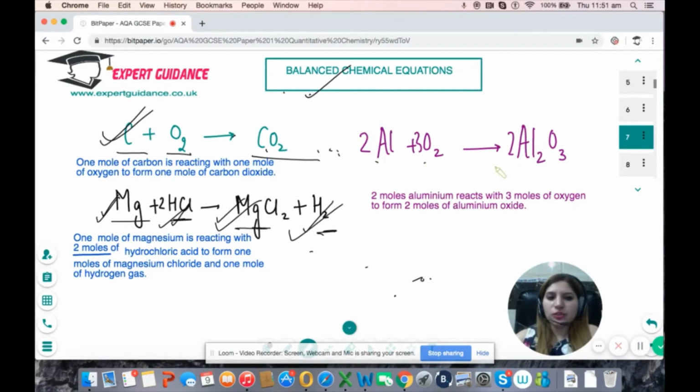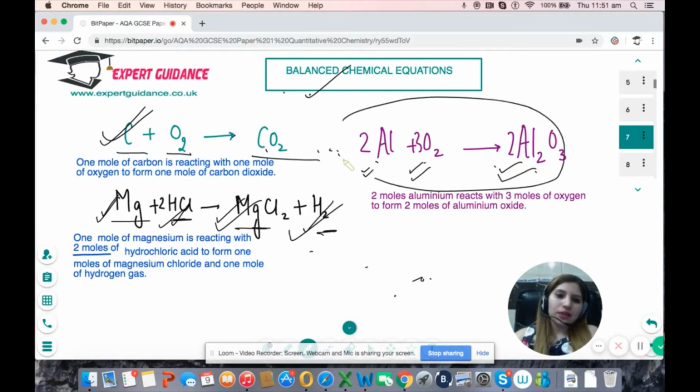2 aluminium plus 3 oxygen gives 2 Al2O3, which tells us that 2 moles of aluminium combines with 3 moles of oxygen to give 2 moles of aluminium oxide. Okay, now how will we use this balanced chemical equation? If we know the moles of oxygen, we can easily find the moles of aluminium. Or if we know the moles of aluminium, we can easily find the moles of aluminium oxide. Because according to this, the moles of aluminium and aluminium oxide are the same, 2:2, that is a 1:1 ratio. So if in a reaction, 5 moles of aluminium is reacted, how many moles of aluminium oxide will be formed? 5 moles. Okay, so the balanced chemical equation gives us the ratio of the moles of each and every substance